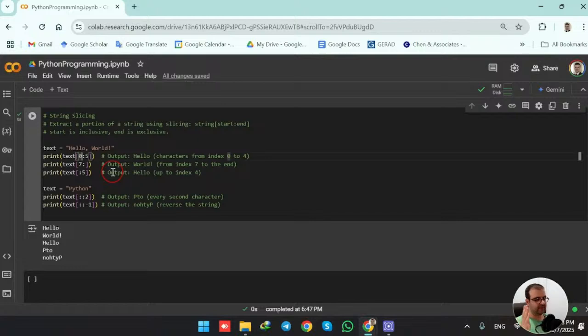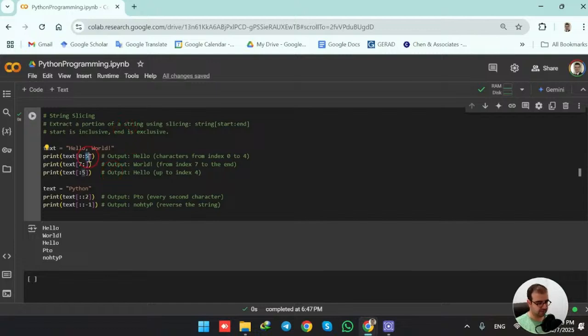And please note that the start point is inclusive, but the end is exclusive. So we are going to start here from 0, and then we are going to finish at 4, including 4. Why? Because we are having number 5 here, and the end is exclusive. This is just a basic rule in Python. We just need to be aware of it when working with string slicing. So if we want to go up to 4 and include 4, we need to go up to 5 because